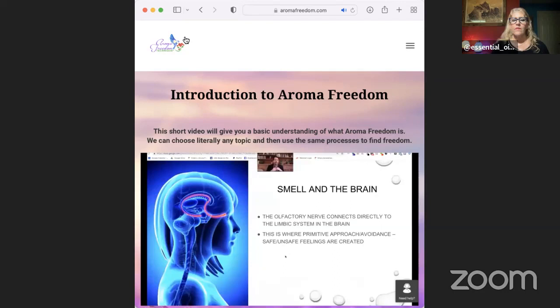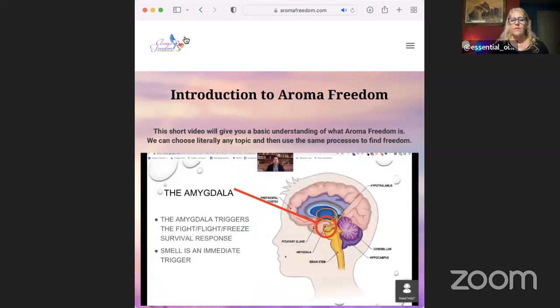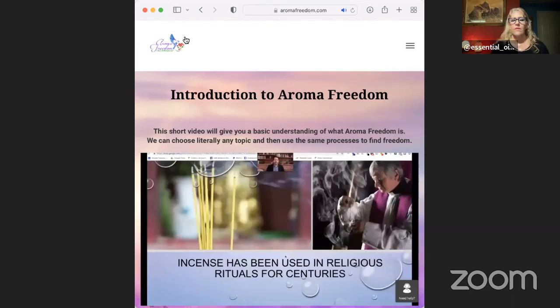So it's hardwired. It's only 2 neural synapses from the olfactory bulb, which is actually behind the eyes. When you smell something, it goes right back in and lands right at the amygdala. And the amygdala is this little almond-shaped area that only has 2 purposes. Its 2 functions are to process smell, and to trigger or release that fight or flight survival response. That's what it's designed to do. So smell is an obvious and immediate way that we can manipulate the amygdala, as you'll see.